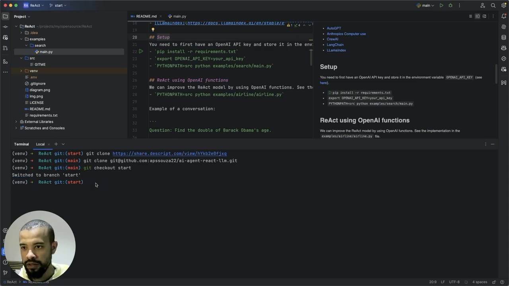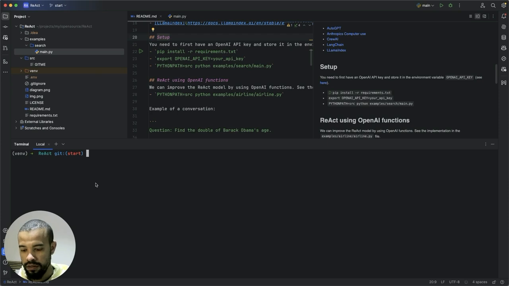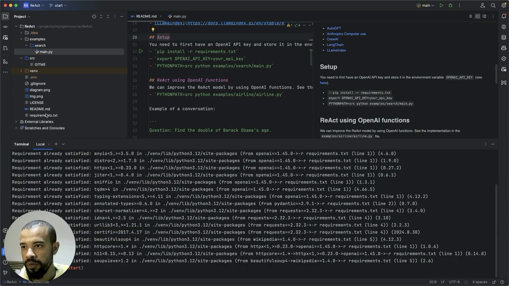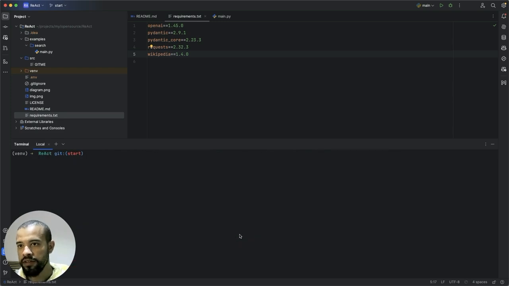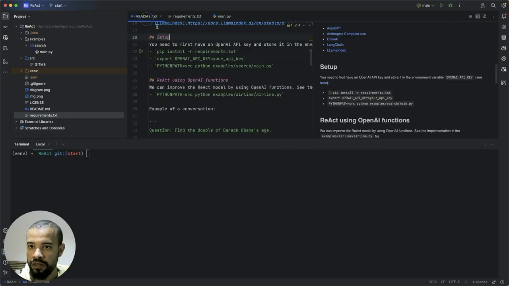And I'll try to install the requirements, the dependencies that we have in our project, which is a minimum. So just a few, and you can see that it's very fast here. This is because I had this installed already. For you, it might take a bit longer, but should be quick anyway. Then after that, we will actually need to